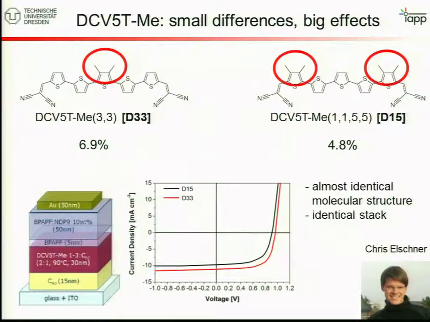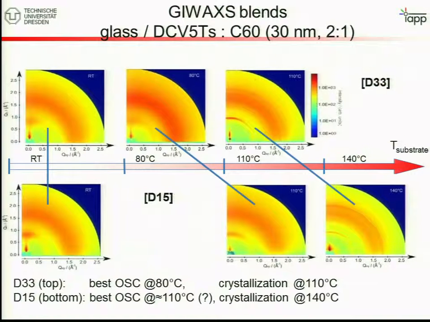And when we compared, for instance, 2 of those, we saw quite different efficiencies. So this molecule here with the groups in the center had almost 7%, this had about 5%, and we thought, okay, no problem, obviously this is the better molecule, and my student Chris Elchner wanted to find out whether this is true. So what he did is he did scattering studies at Stanford,